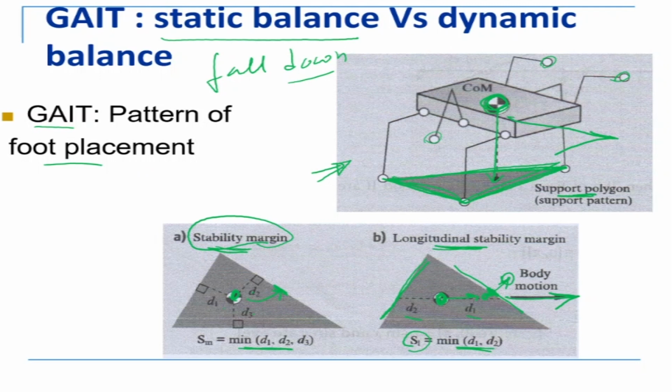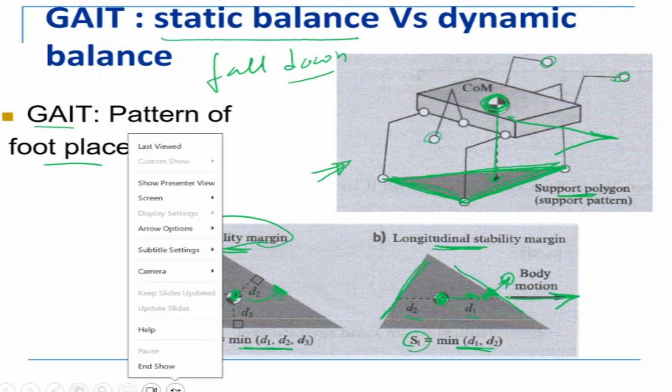Now, this is for walking. And we also discussed the stability margin in terms of static stability. Today we'll stop here. Today we looked at the very basic concept of gait, how stable it is, and how close the projection of center of mass is from any boundary. We'll stop here today and continue in the next class. Thank you.